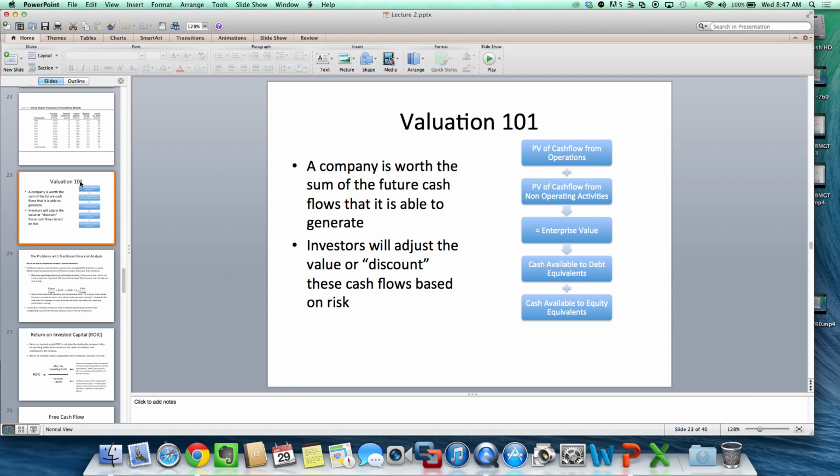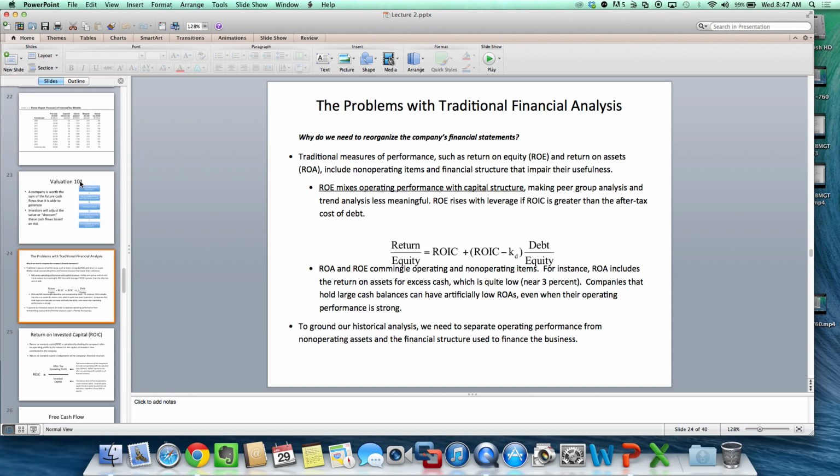So it really involves a process where we have to label each of the statement items, 1, 2, 3, or 4, so that we can properly map it to the appropriate Modigliani-Miller box, and then we're going to rearrange the cash flows or rearrange the statements into these boxes, right? That's really the process that we're about to go through. Okay? So with that in mind,